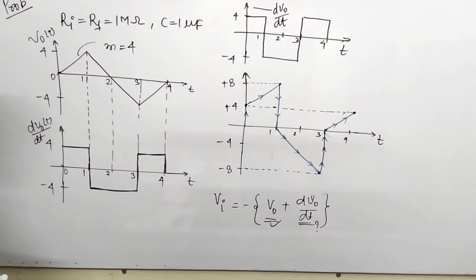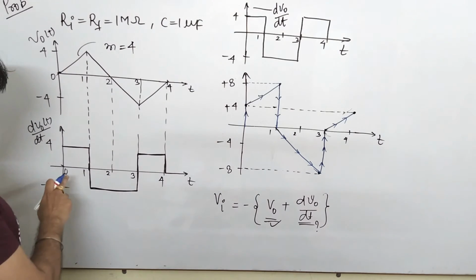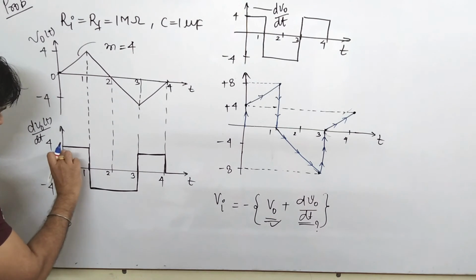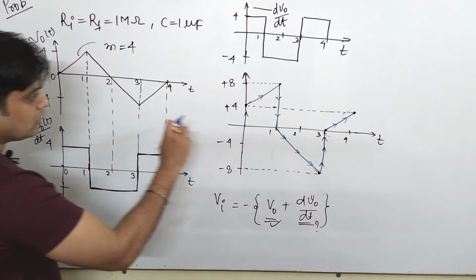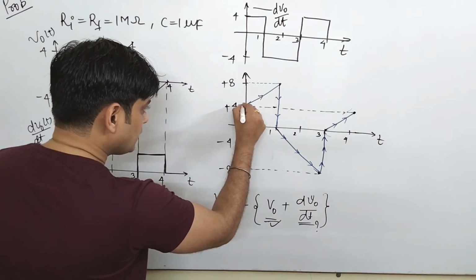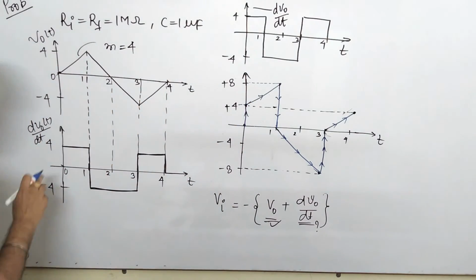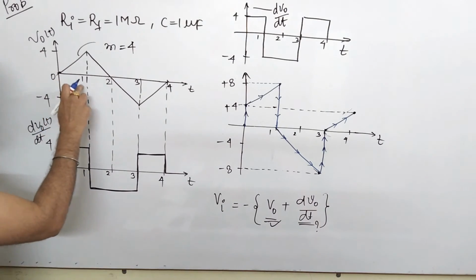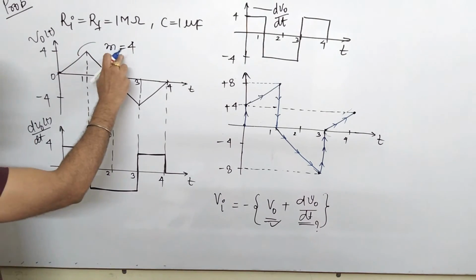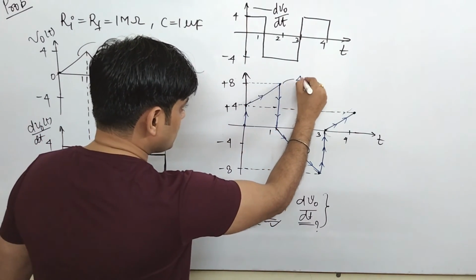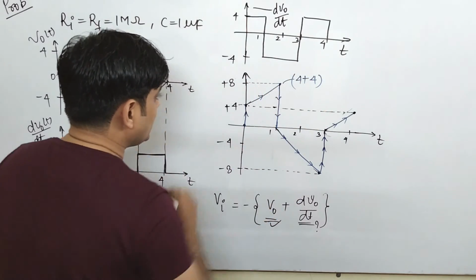Now you see this, I have redrawn this. From 0 to 1, this is your unit step function. At 0 the value is 4, at 0 this value is 0. So that means this signal will move in this fashion from 0 to a maximum value of 4. Okay. Now when it moves further from 0 to 1, this value is maximum 4, and the maximum peak reaches here, again the slope is 4. So from 0 to 1 the signal reaches a maximum value of 4 plus 4, so that comes to be 8.